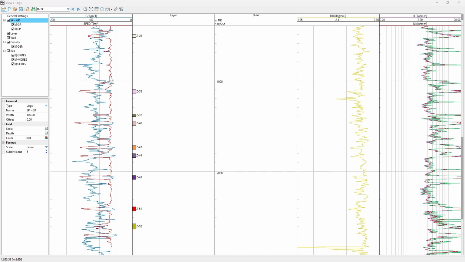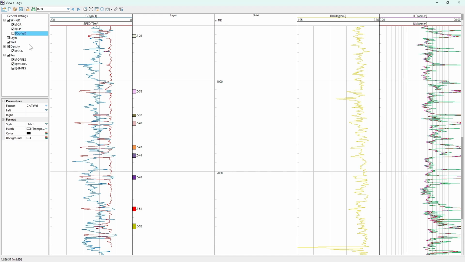Now the next step will be using the shading option to mark the places where we have sandstone. For that we will use the places where these two curves cross. In this case, where the SP gets more negative and the gamma ray also gets closer to 0, we have a lower value of gamma ray and a more negative value of spontaneous potential. We can say that where we have a cross, it's more likely that we have a sandstone body instead of clay. So for that, we will go to here, right click on the name of the track, and go to